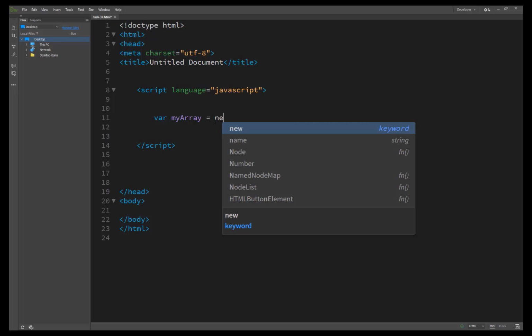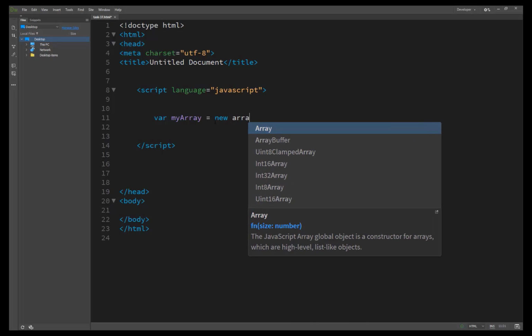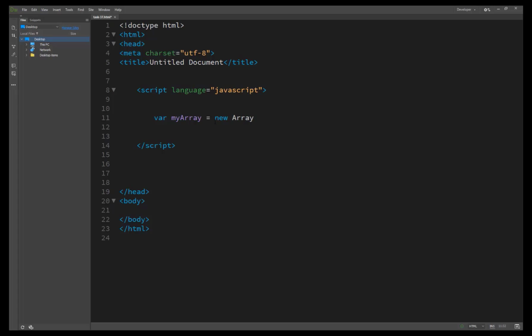Here I say it's a new Array, with a capital A, and we have passed the size 5. Then with the same technique, myArray at index 0 is equal to item 1.